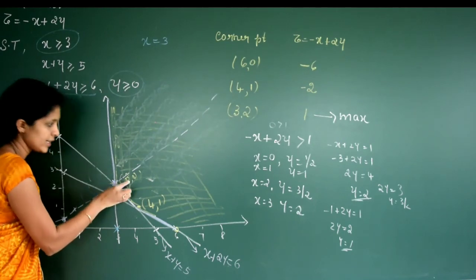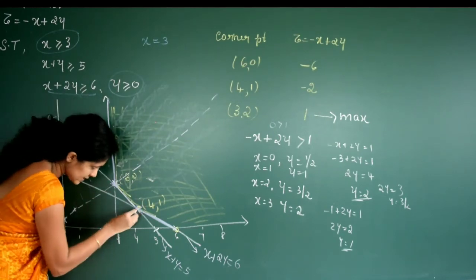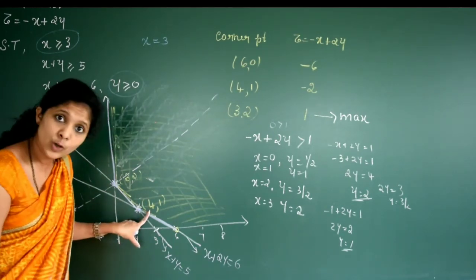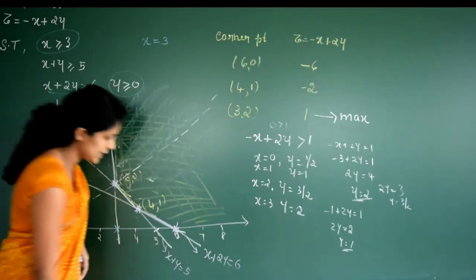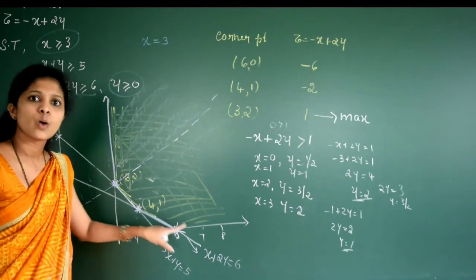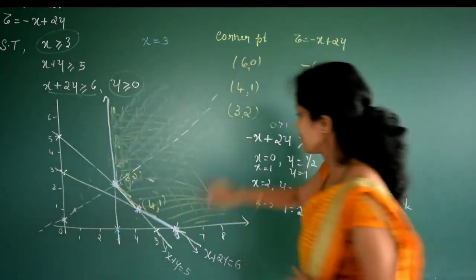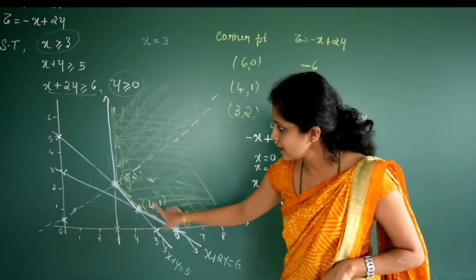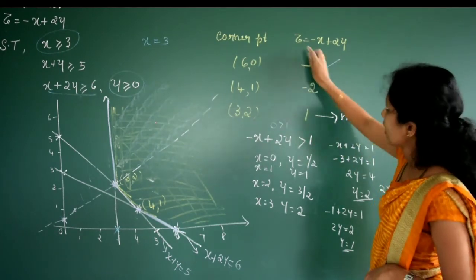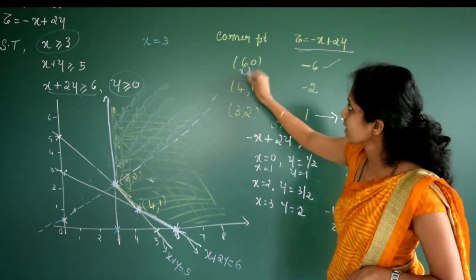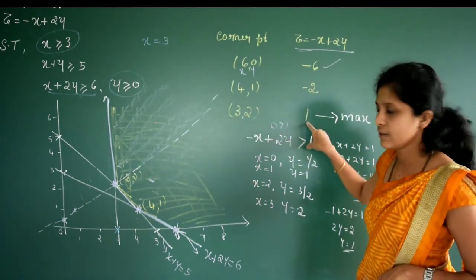This is one corner point, it is 3, 2. Here we don't have any corner points, and after this, this is another corner point, it is 4, 1. Check in your graph, it will be 4 and 1. And this is another corner point, where the value of x is 6 and y is equal to 0. Now we have to substitute these three corner points, 6, 0, 4, 1 and 3, 2. After the substitution we got -6 and 4 and 1. I mean you have to substitute in this. This is the value of x and this is the value of y. So this is -2 and the value of this one will be 1.